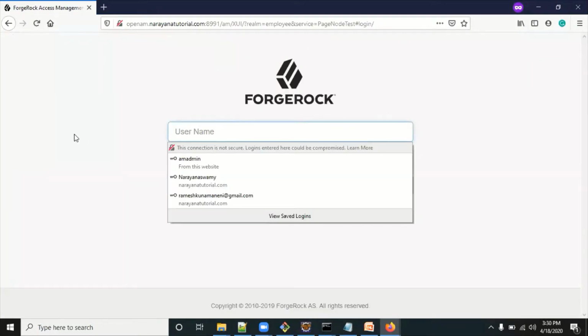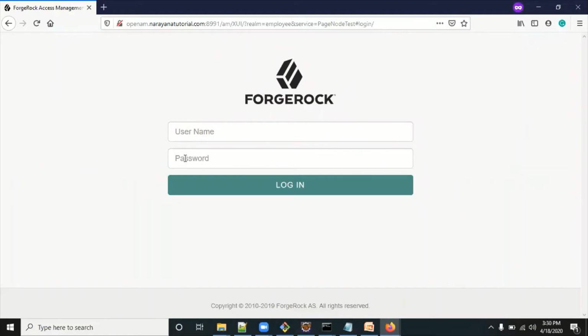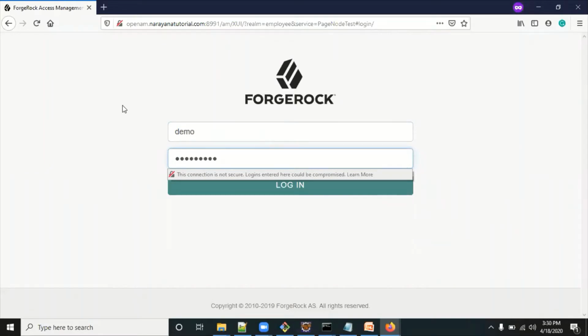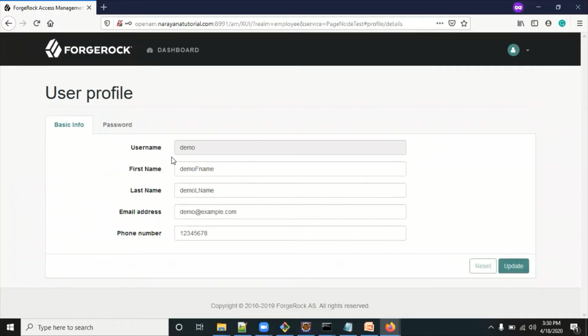See, now it is directly asking username and password. In previous videos it was showing only username collector, but in this page node we have dragged and dropped username collector and password collector into one page node. So enter username demo, and the password. So now we are able to log in successfully.